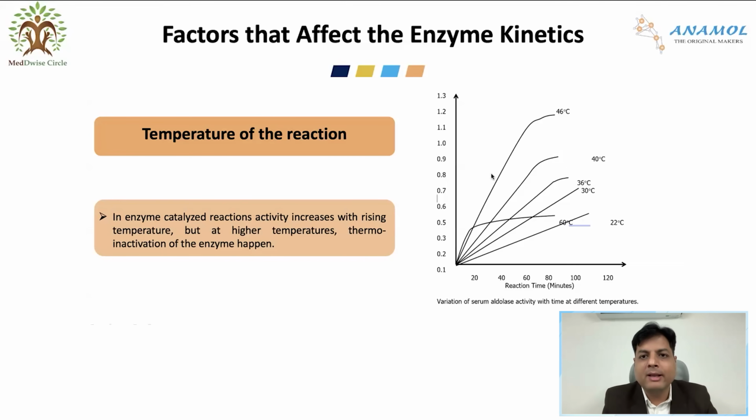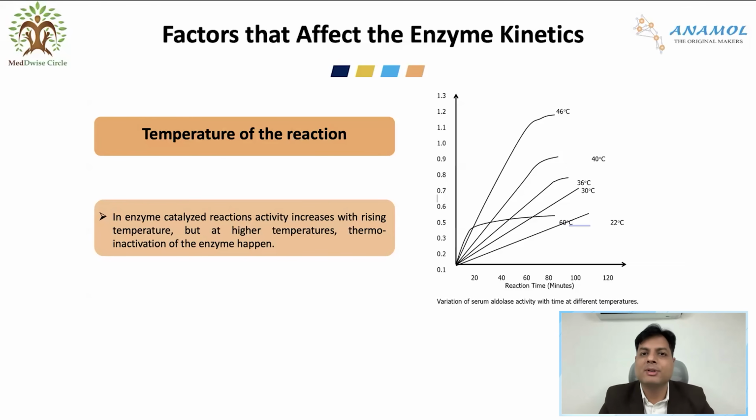If you pay a little attention to the graph, you will see the same enzyme, serum aldolase, which is used as an example in this particular graph. Now, the serum aldolase activity is different at different temperatures. See, the maximum activity is seen at 46 degrees, then at 40 degrees, then 36 degrees, 30 degrees, 60 degrees, 22 degrees. So whenever there is a change in the temperature, the activity of the enzyme also changes. Why is this important to us? Because in the IVD industry,